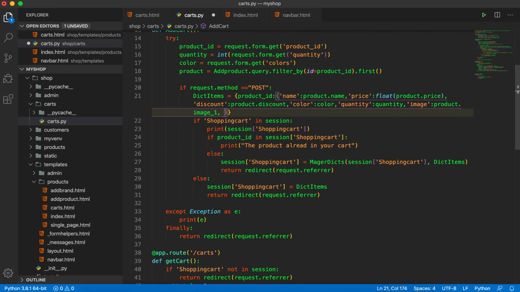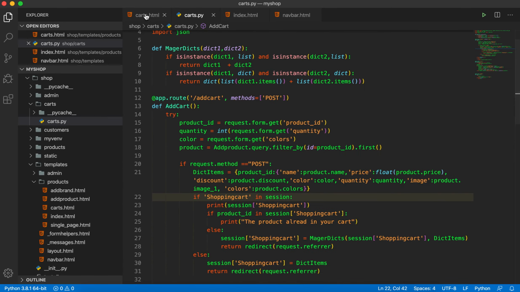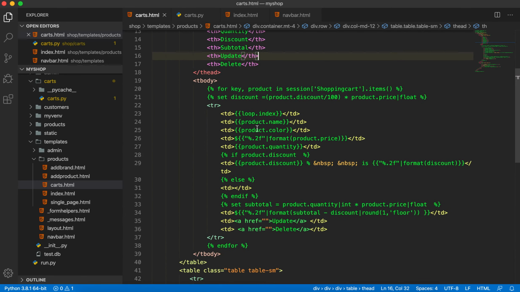So I will come here, this one is color, this one is color, and the other one I will write colors, and this colors will be equal to product.colors, and this color is coming from our database model. So now we are done from here, and I will go to this page, and